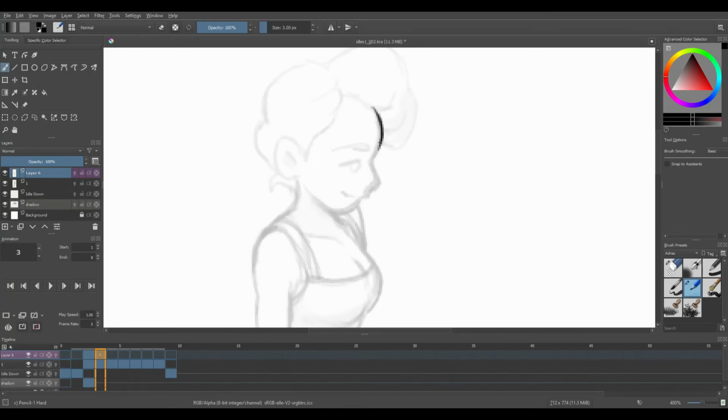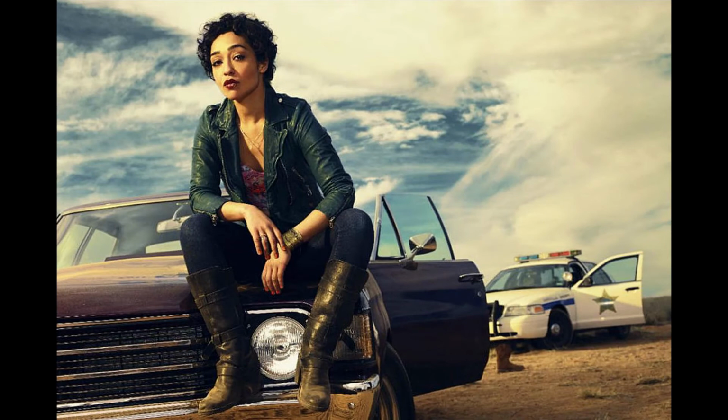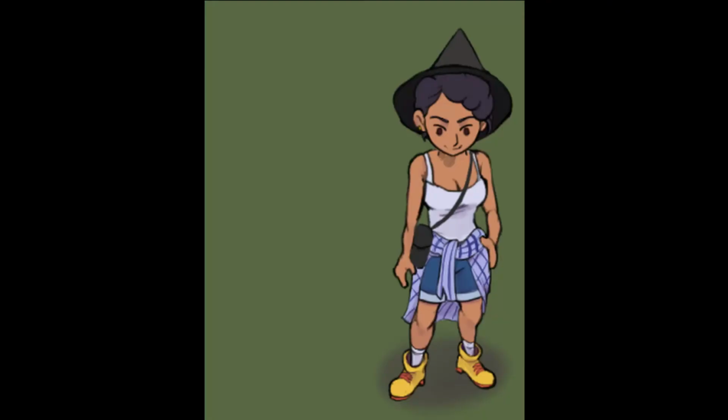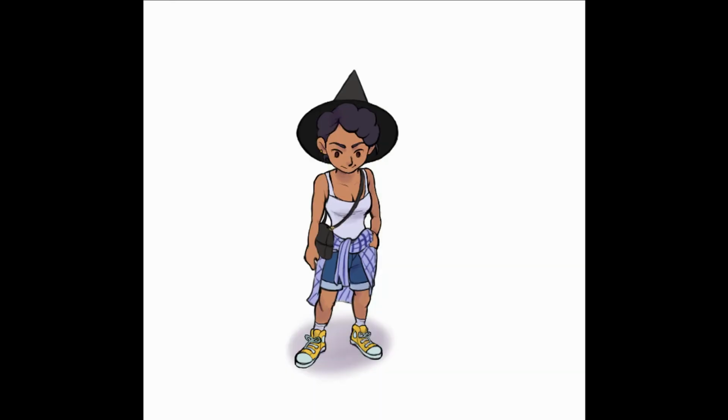So we borrowed some of her physical appearance and sense of style from real-life people who gave off a similar vibe. There's a lot of inspiration from popular witchcraft YouTuber, the Witch of Wonderlust, and the effortless swagger of actress Ruth Negga, who is one of the coolest women to have ever walked the face of the earth. So anyway, several rounds of iteration later, we ended up with the final design.